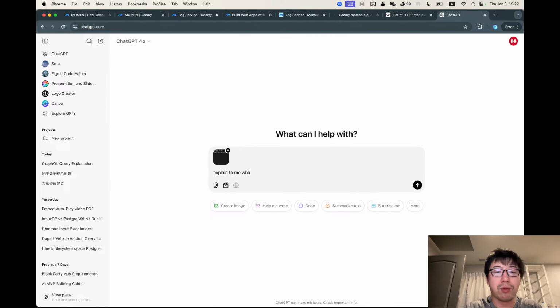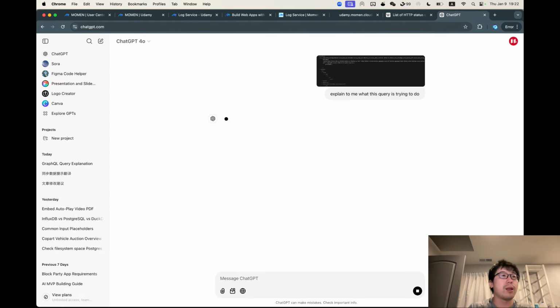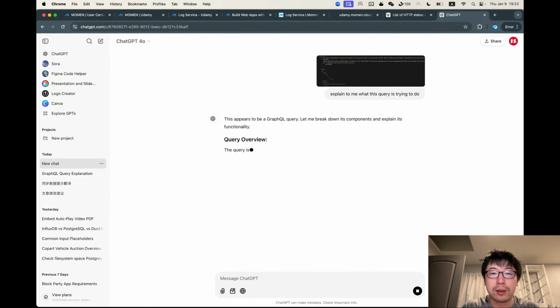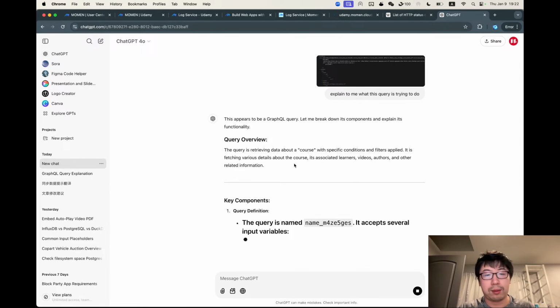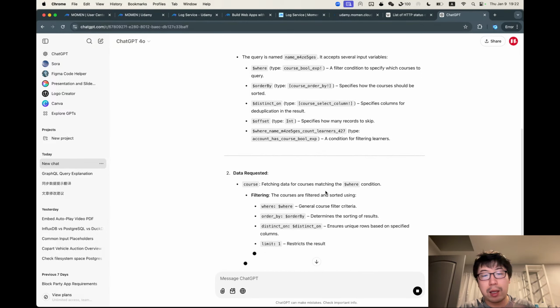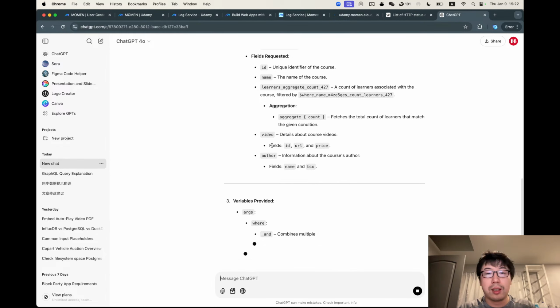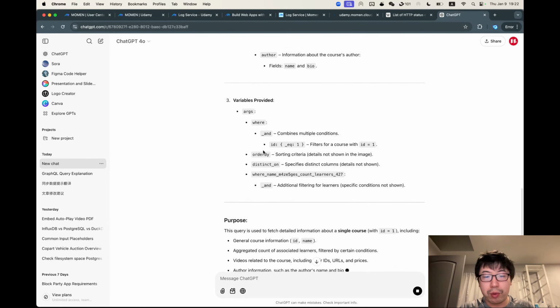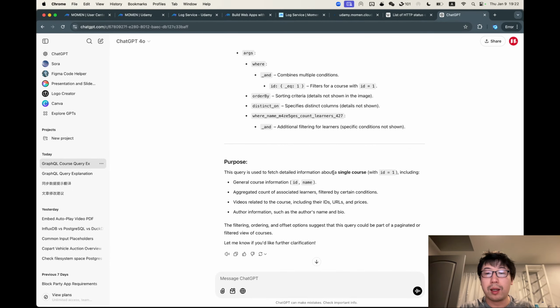Explain to me what this query is trying to do. All right. And it's very similar, and variables provided, purpose. It's trying to fetch the course ID equals 1. Ta-da! It's getting some result, and